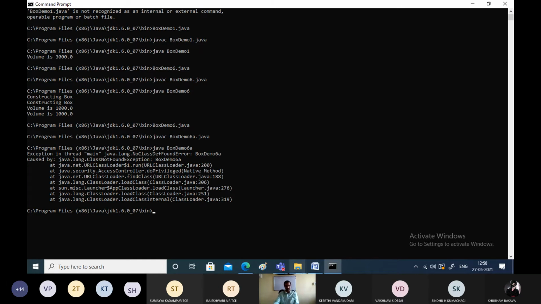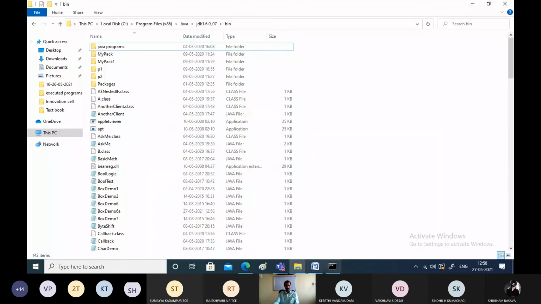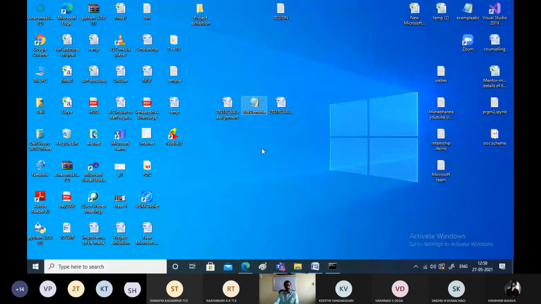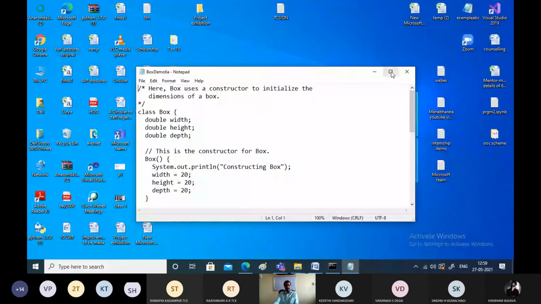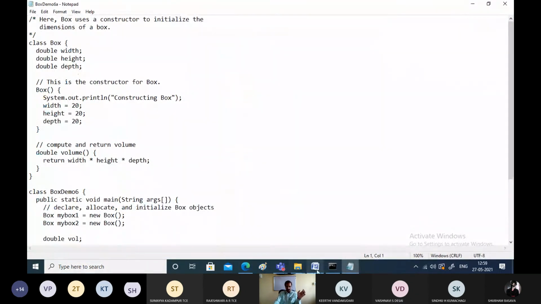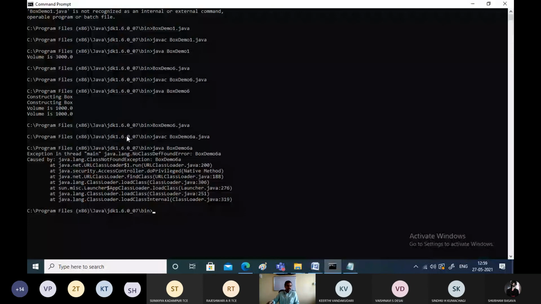Okay. The name of the class must also be the same. This part will come later, but still I will try to explain it now itself. Why we got the error here is, once I open this source file, it is good that we got the error now only. What is the name of the bytecode that I am giving here?